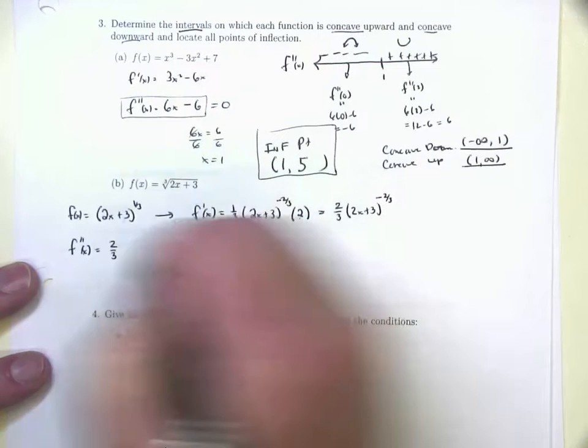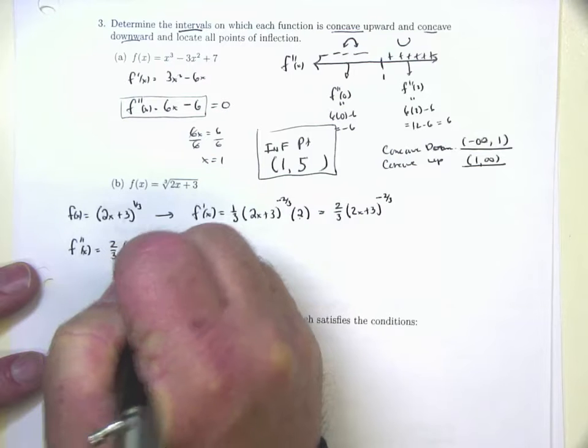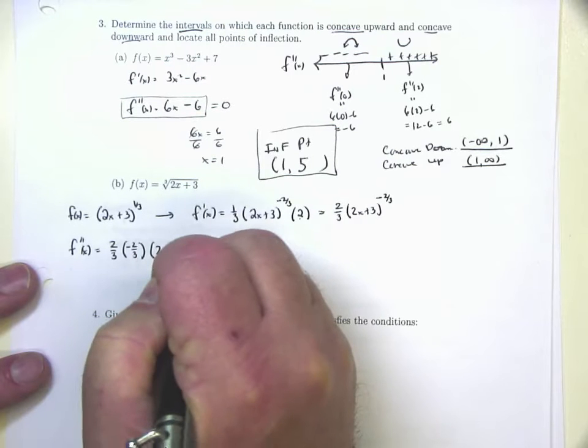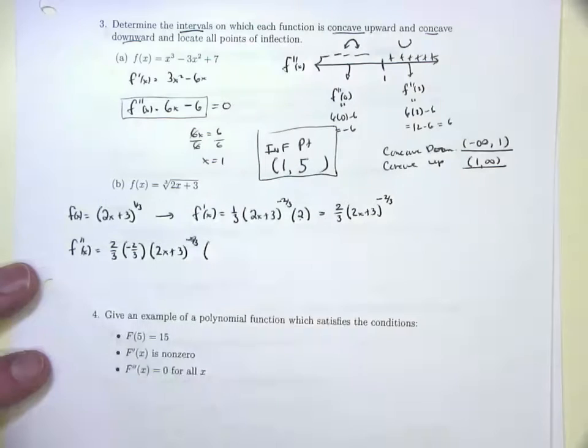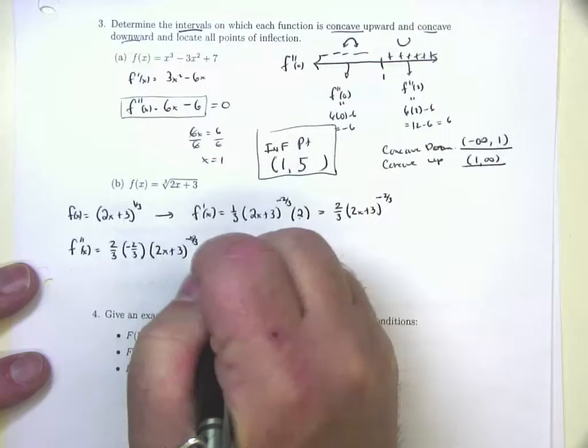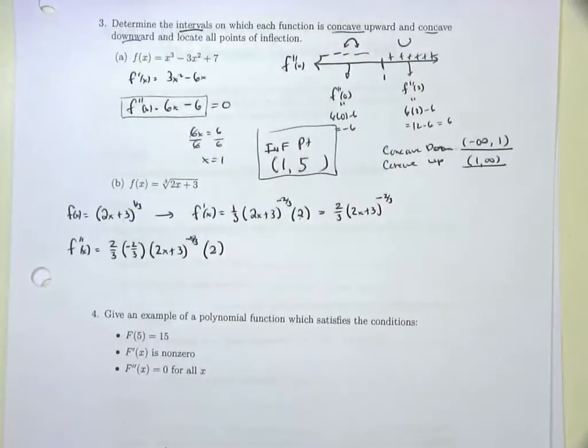So hold that 2/3 out front and take derivative of something to a power. Chain rule, you take derivative of the outside, so the negative 2/3 comes out front. The inside 2x plus 3 stays the same. Subtract 1, that'll give you negative 5/3 times derivative of the inside, which is 2. Cleaning this guy up,